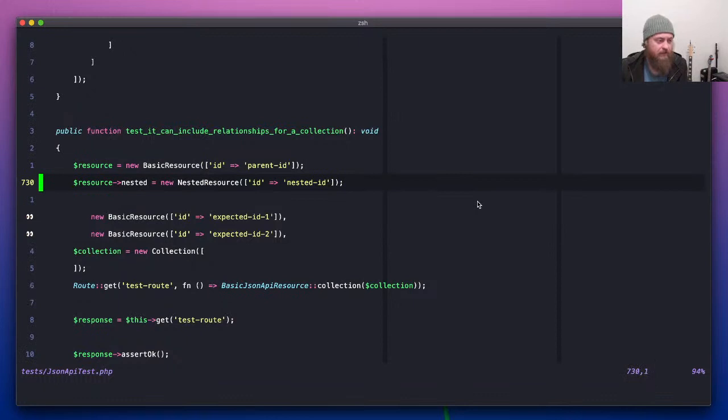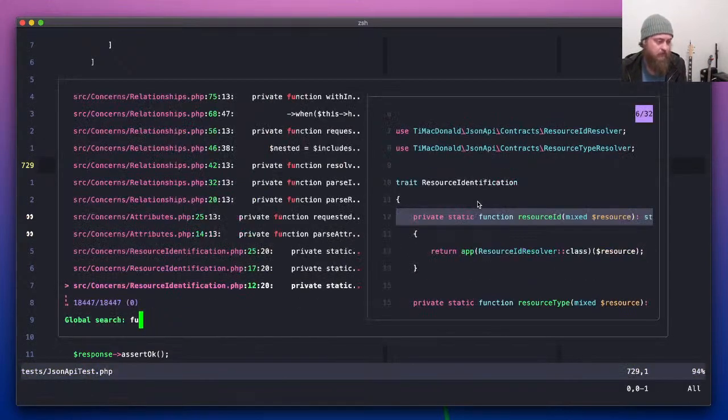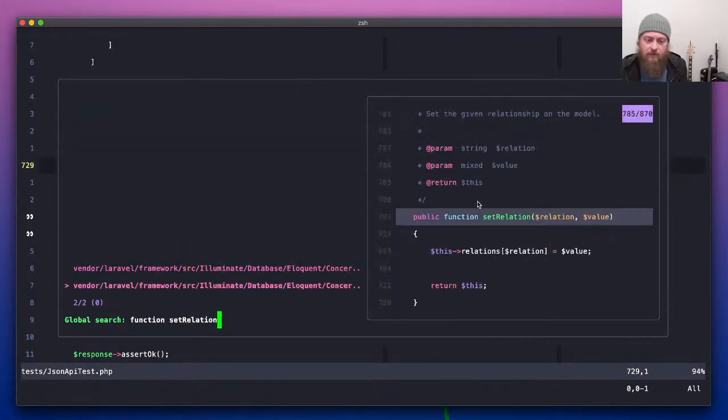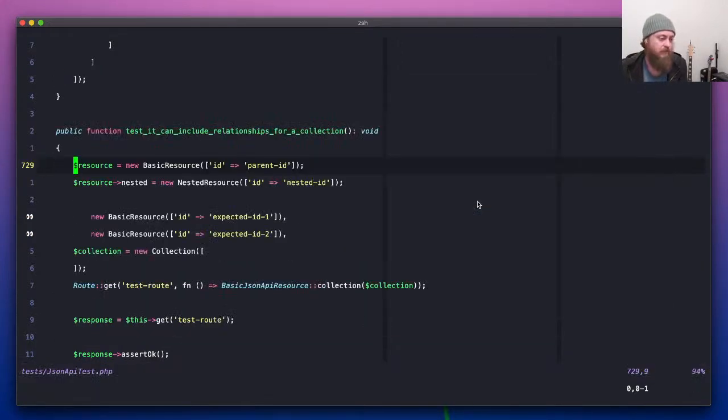What does set relationship return on the model? Let's have a look. So function set relationship. Does that return this? Yes, it does. Okay, cool. So I should actually be able to, if I go like this and make this make, and then go set relation